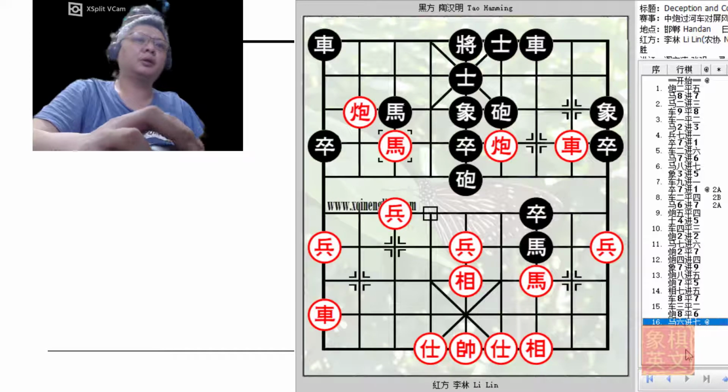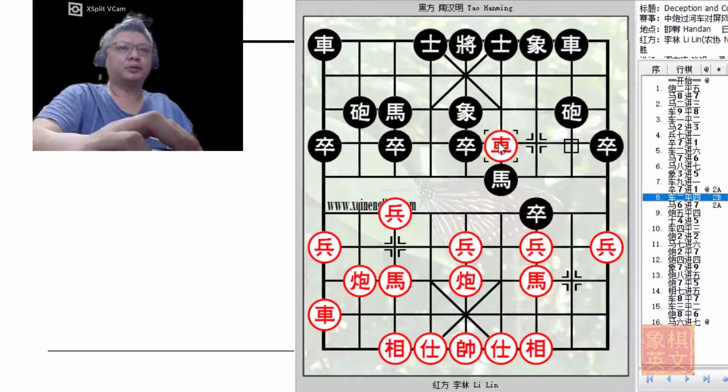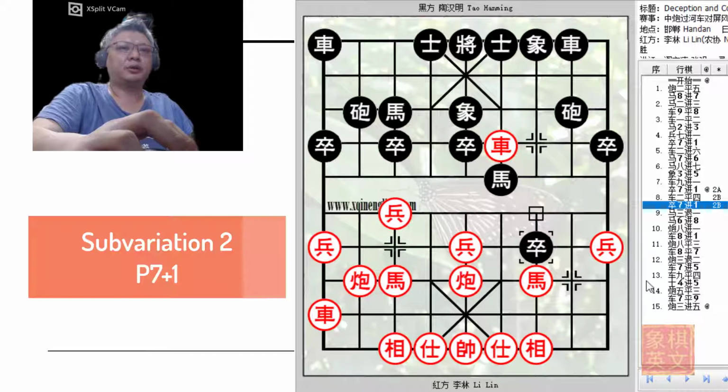And as can be seen, Red would have a huge advantage just within about 7 or 8 plies. 4 red major pieces were charged across the river. So this is why R2+4 would have been a better move. Now if Black played H6+7, if Black chose to be aggressive by capturing the pawn, Red would still